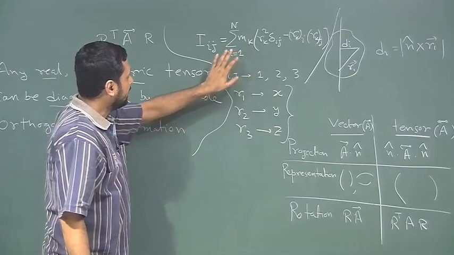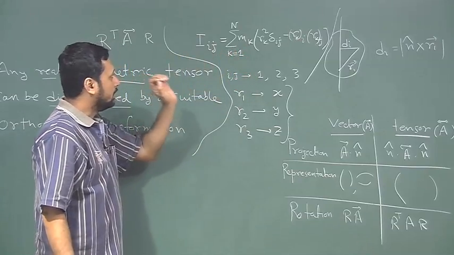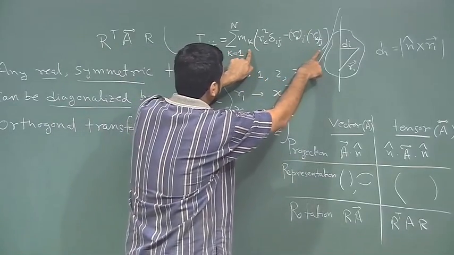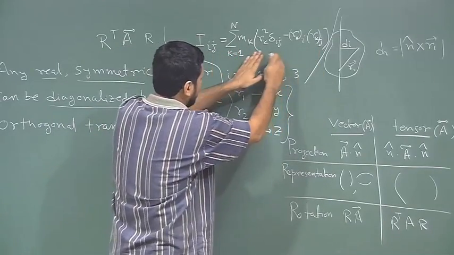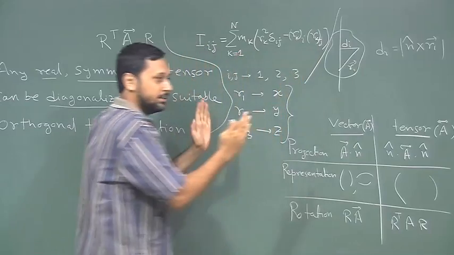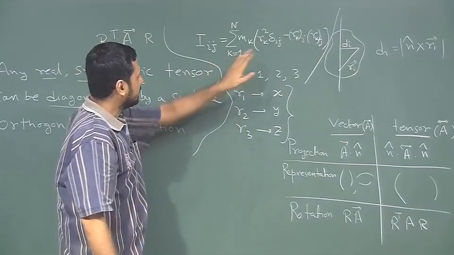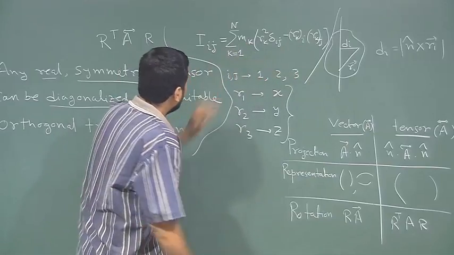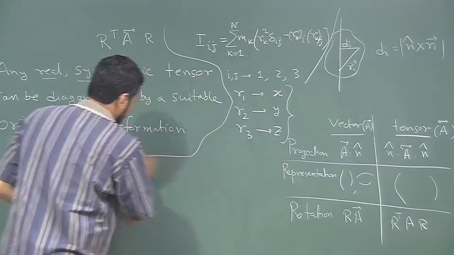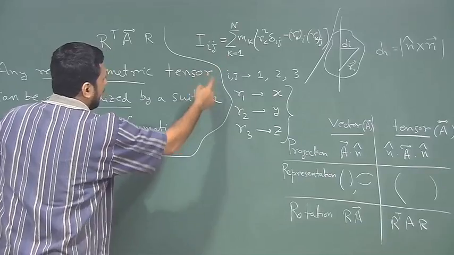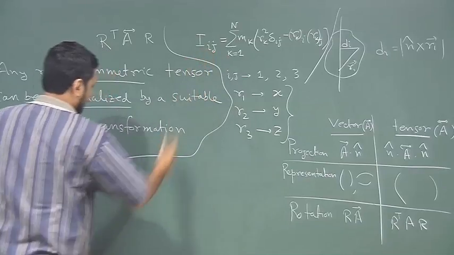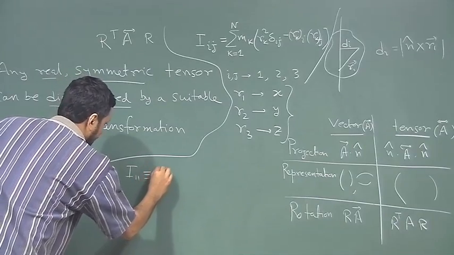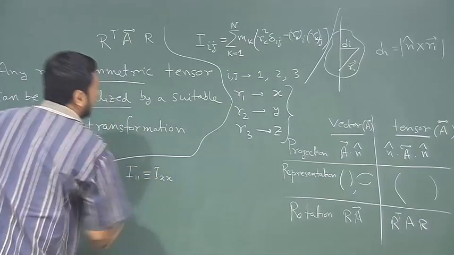So, this particular term actually is a metric which measures the distance of the kth particle from some fixed axis. Now, let us take an example, then it will be clear. If you take i equal to 1 and j equal to 1, then this will be I 1 1, which is equivalent to I x x,